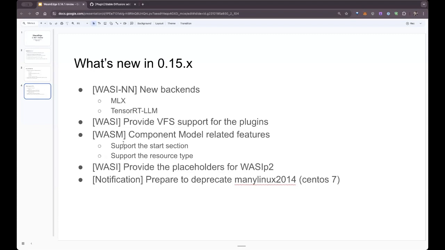And also we have two new component model related features that will be shipped during the 15.0. One is the stock section, and the other is the resource type. And we believe that once we have these two more fundamental features, that we can